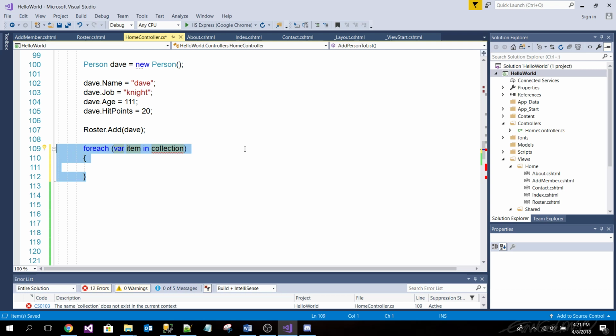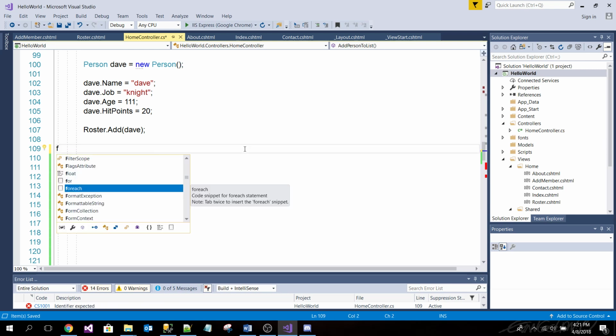Let me show you a cool trick. Right now I'm going to type for each, right? Okay, you see here? It says tap twice to insert for each snippet. So the environment has really cool features that make it easier for you to write certain code.